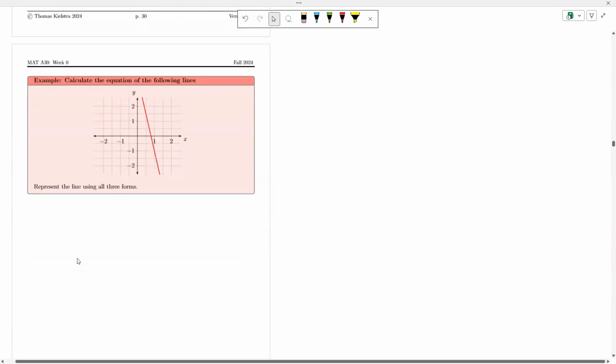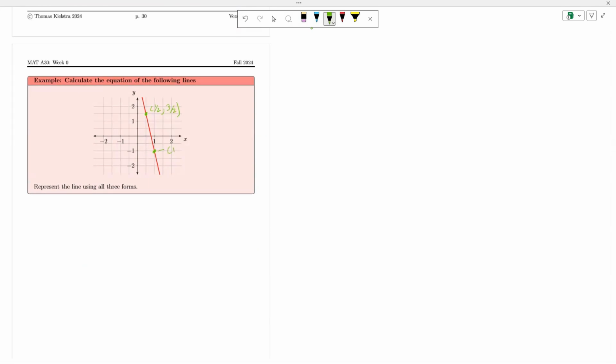So for this line, let's calculate all 3 forms of the line. So first thing I'm going to do is highlight 2 points. And my points are 1/2, 3/2, and 1, minus 1. From here, I'm going to start by solving for m. M equals, and I'm going to label this P1, and I'm going to label this P2. So it equals 3 over 2 minus